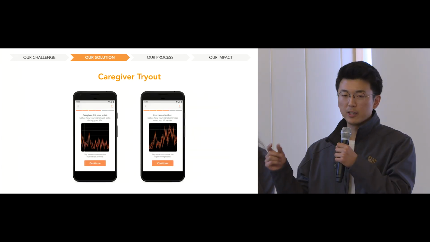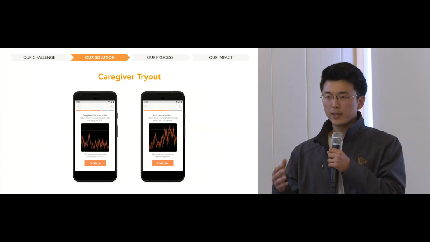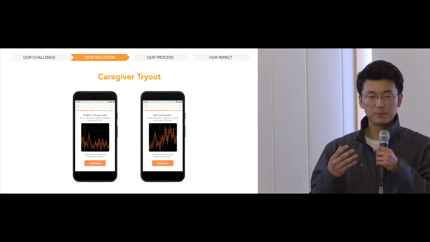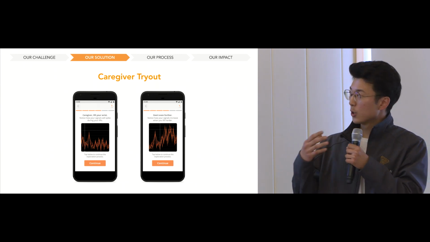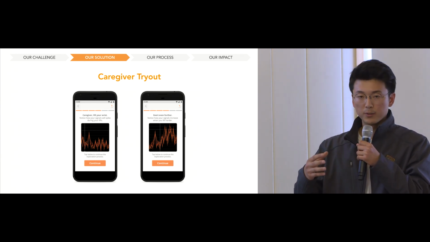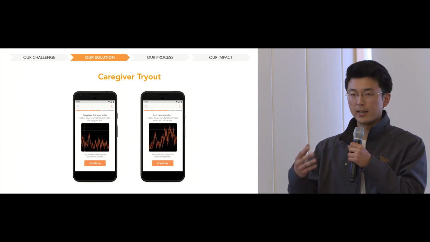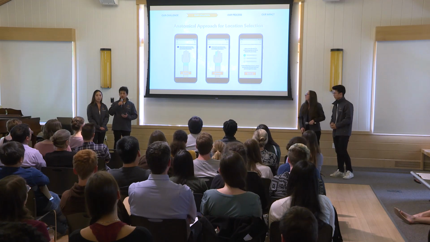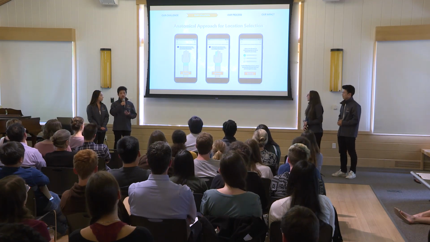Now we go into caregiver tryout. So before we get the caregiver to set up the device on the patient, we want to make sure that the caregiver himself knows how to use it. So what we do is we let them put it on their wrist, let them see the signals move so that they get a better idea, and then they apply it to their patient. So after trying the device out for themselves, the caregiver is fully equipped to set up the device on the